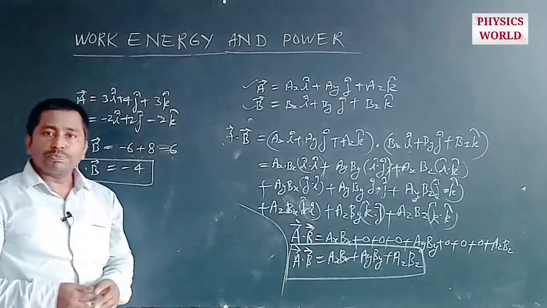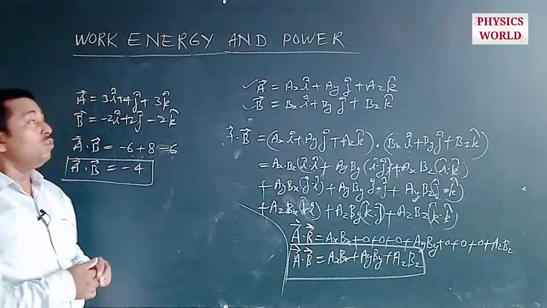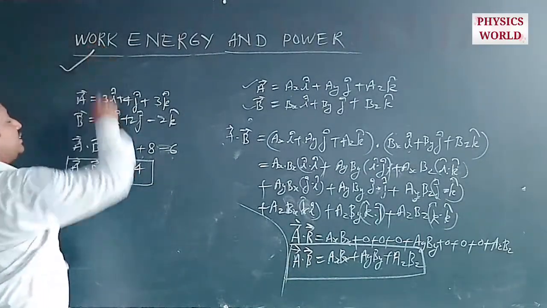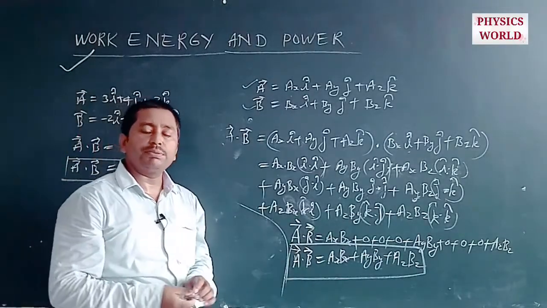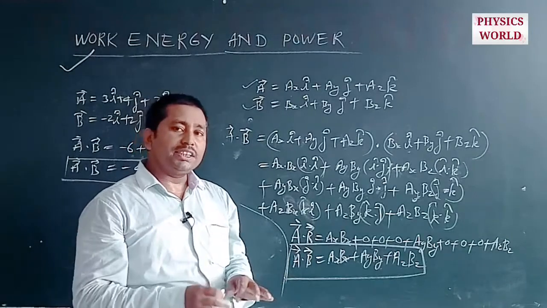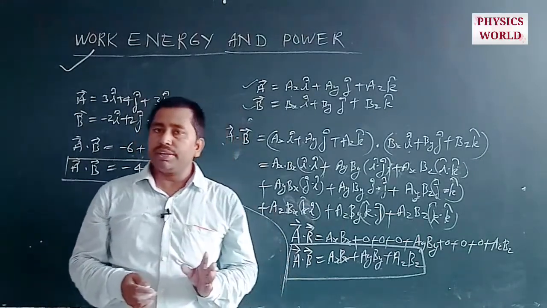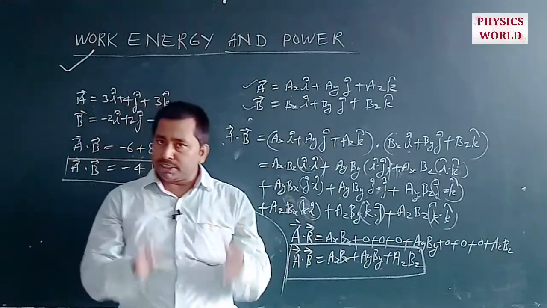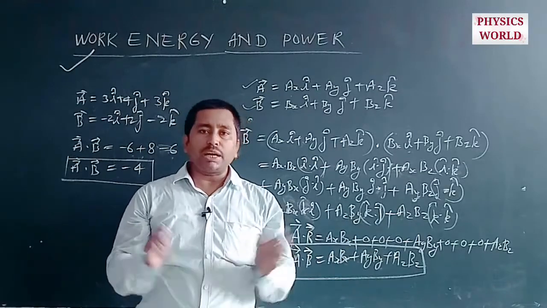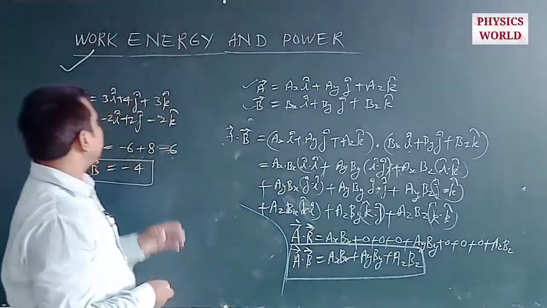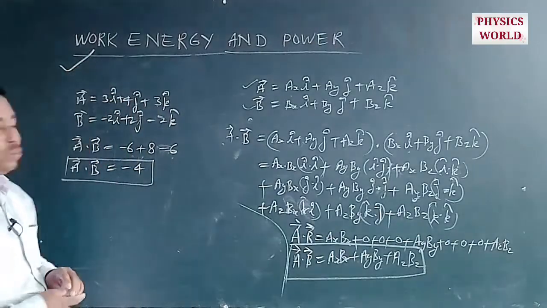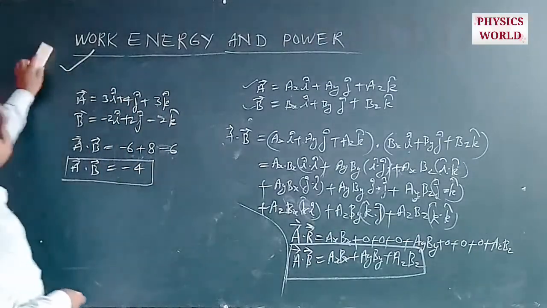So this is a simple concept by which we can easily solve the dot product of two vectors. So with the help of this concept we will discuss more about work, because we know that work can be defined as the dot product of the force and the displacement. Okay, so force is a vector quantity, displacement is also a vector quantity. So dot product of the both, that is force and the displacement, provides us the concept of work. So what will be the value of work? Let us understand it.